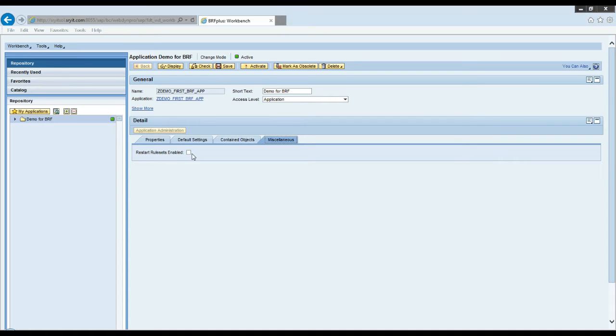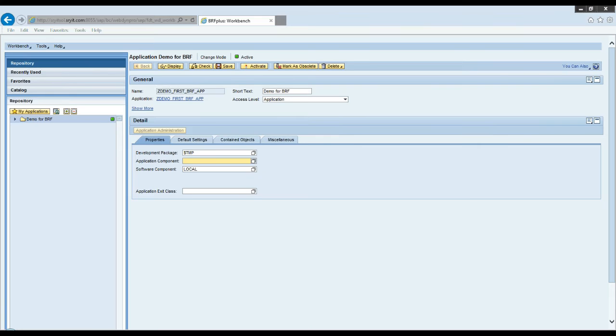So I can choose this option, and from that date onwards my rules will be redetermined and executed only after that. So you can defer the rule set execution by checking this flag. These are all the application level settings.